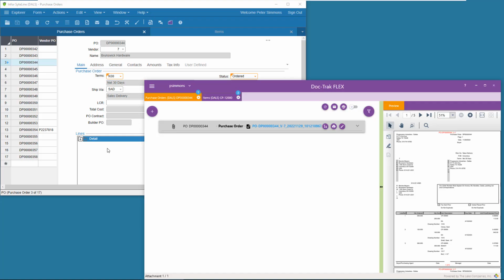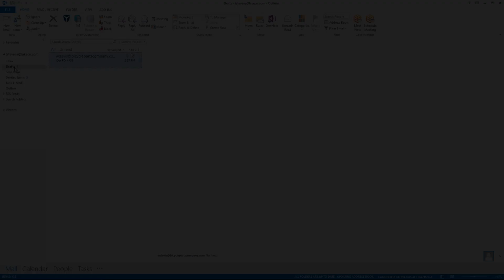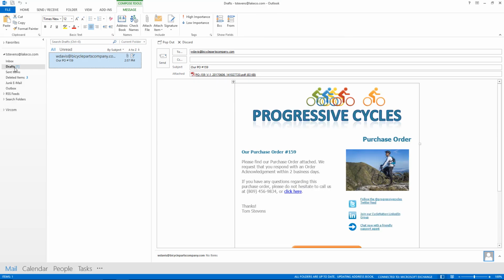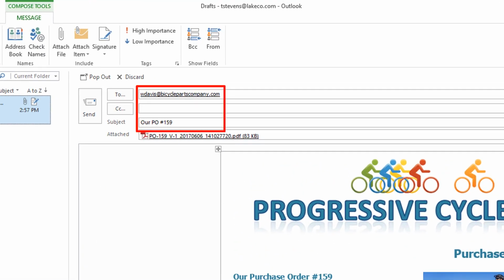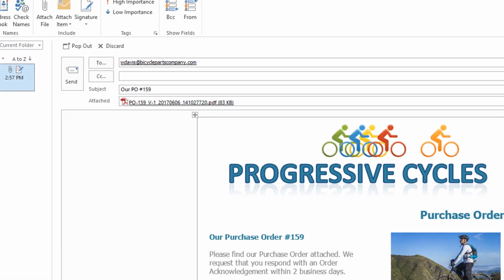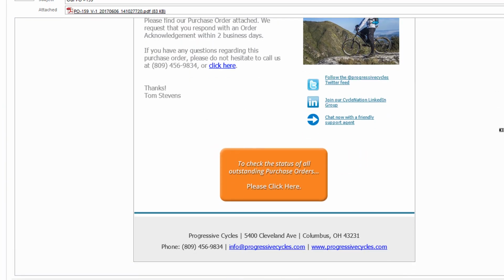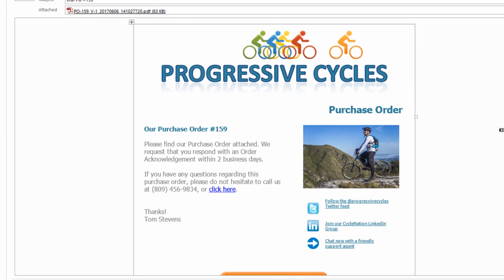And it gets even better. DocTrack can even email the document to the appropriate recipient without any user input required. That means no more stuffing envelopes for purchase orders, invoices, or order verifications. The email can include code that customizes it to each recipient, and a professional HTML file to educate your customers and vendors and promote your company.